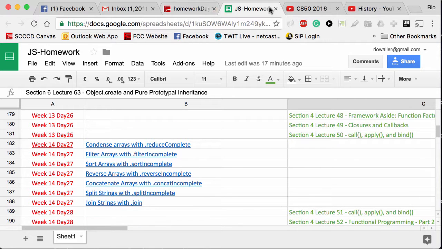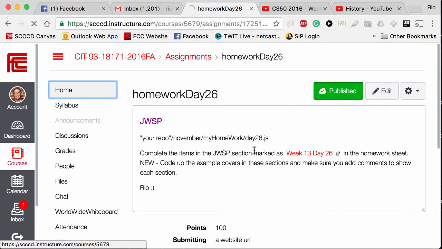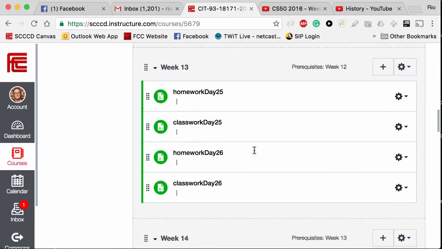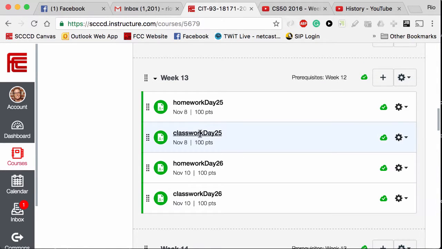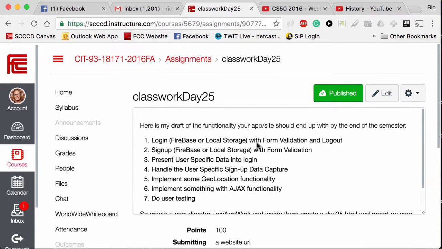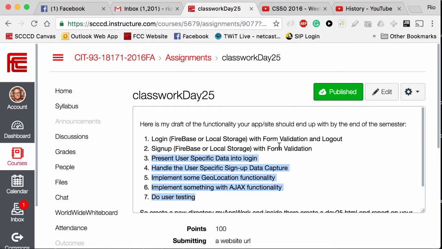Okay, so that's homework. So the other thing is that as I looked, and this was again a really great discussion in class, what we talked about, and you will see this reflected in all the classworks, and I'll just go ahead and go into one of these. Now, FYI, this is subject to change, but my hope is not to actually have to change too much of it. So what I've said here is here's the things that you really need to complete between now and the end of the